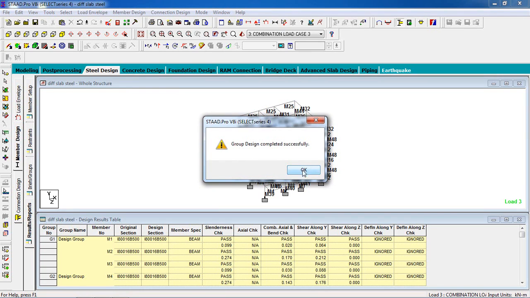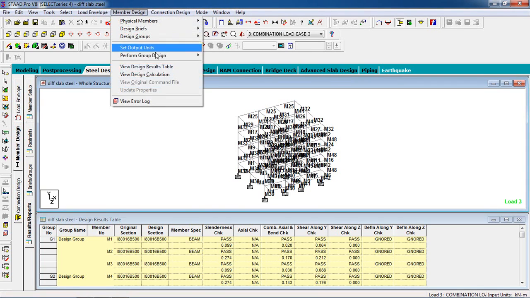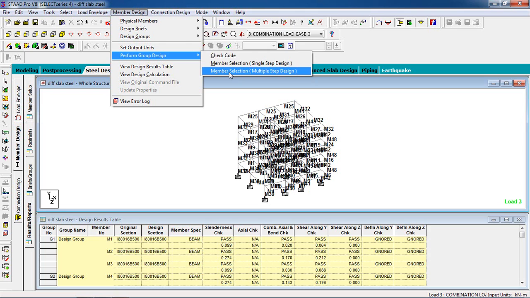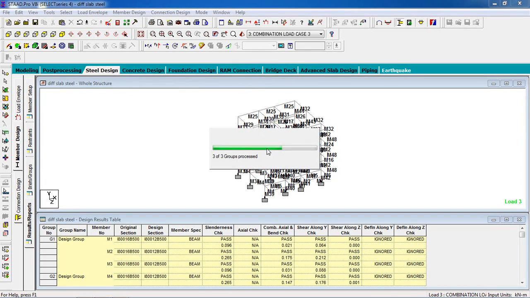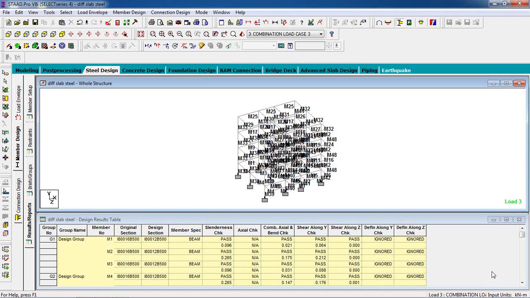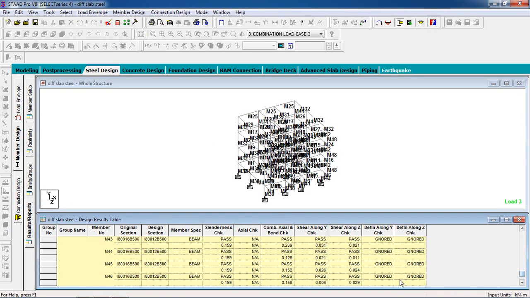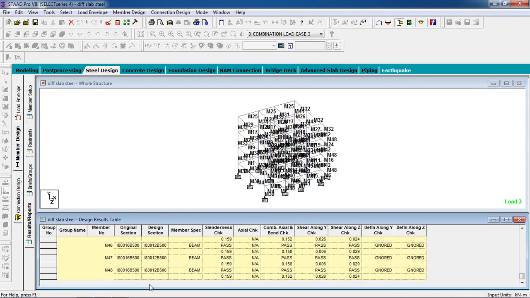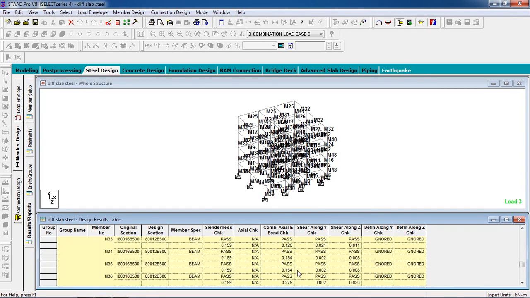Okay, now go to member design, perform group design and member selection. Group design completed successfully, and you can see the designs here, and they also pass. Okay, all the members pass.